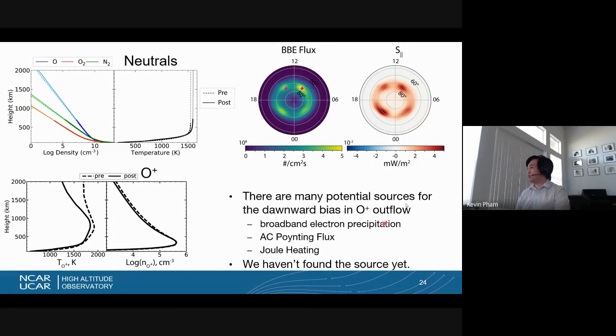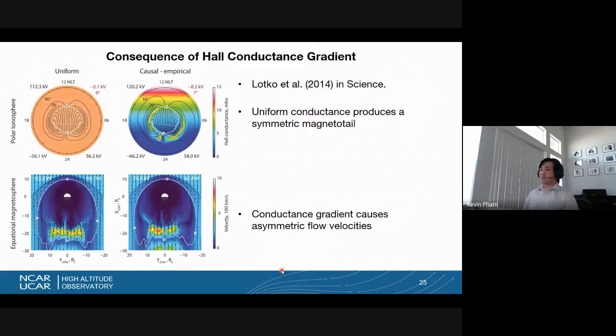So we just simply looked at the different sources. We haven't narrowed down exactly what the source of this pre and post-noon difference is, but it does exist and it seems to be consistent within the model. So going back to that dawn-dusk asymmetry in the polar cap potential, once the outflow comes out into the magnetosphere,